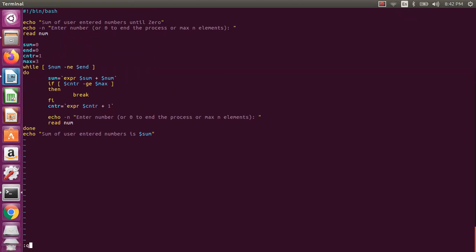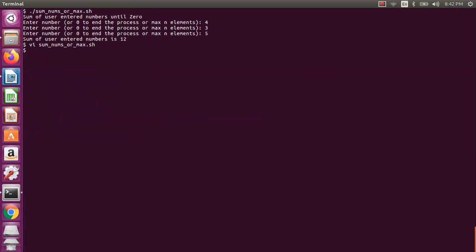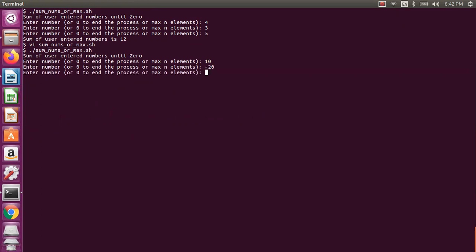So this is how you will be doing the sum of numbers. Now if you run this particular value, so I say 10, minus 20, then 30. If you see this one, the answer will be 20, actually, because it is doing the sum of negative numbers also. Now let us assume we want to do only positive numbers, actually.